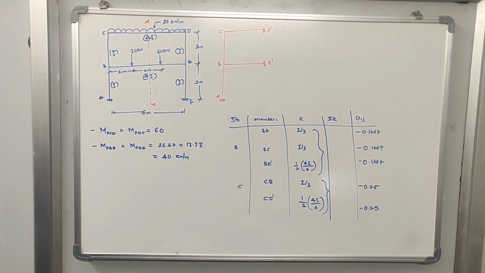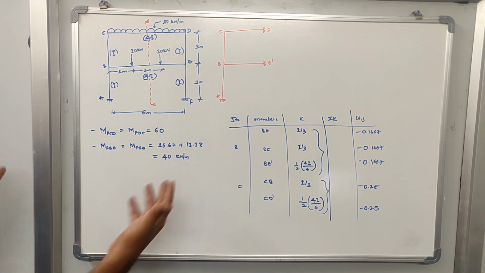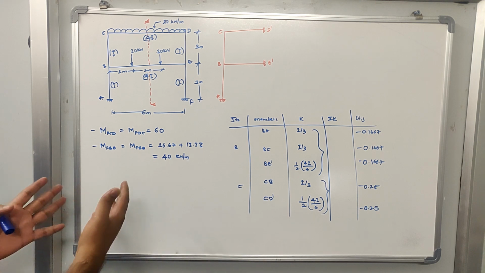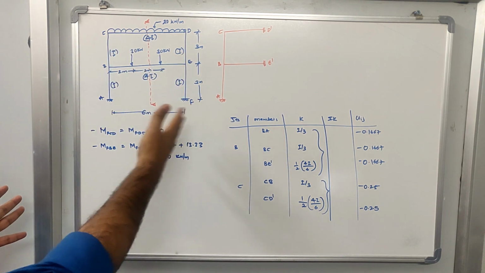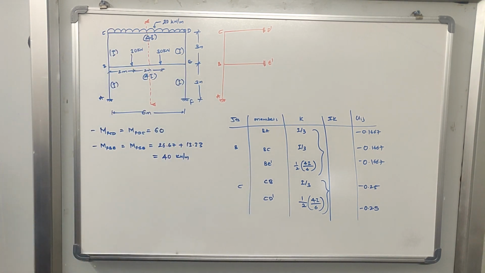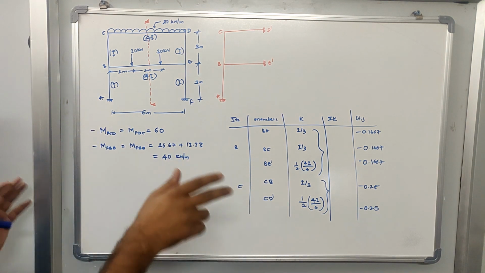So once you solve the fixed end moment, now what you do is analyze this frame with respect to its kinematic indeterminacy. For a long time I have not spoken about kinematic indeterminacy in all the previous videos also. So we will try to discuss here, because when you see this frame, you can observe the kinematic indeterminacies. Let us go to the supports.